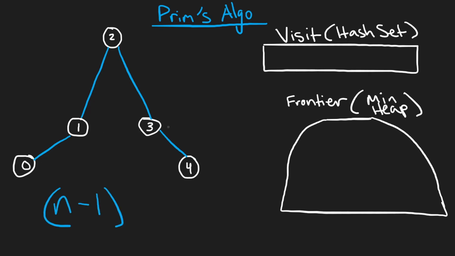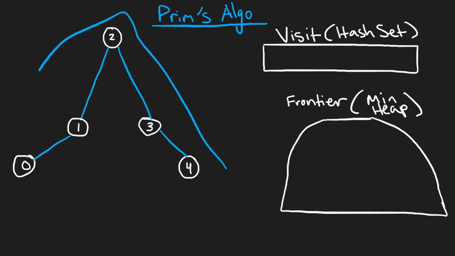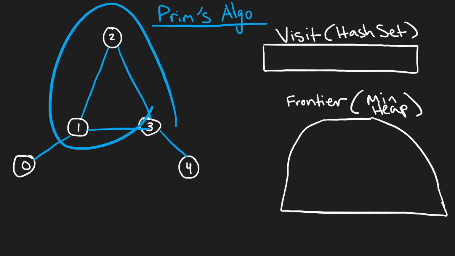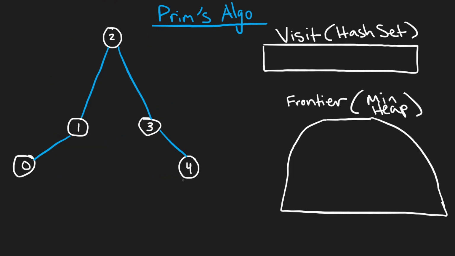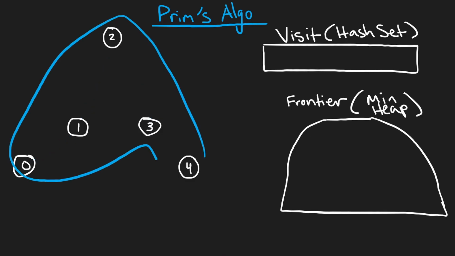So if we have 5 nodes, it's going to take exactly 4 edges to connect all of them together without creating a cycle. Because take a look right now, I have 4 edges, right? If I add another edge that's not a duplicate, if I add an edge here, we create a cycle. If I add an edge here, we create a cycle. If I add an edge here, we create a cycle, right? That's just something that I think intuitively does make sense because, if you start out with 5 nodes, you add